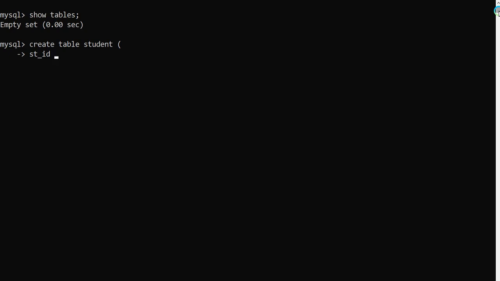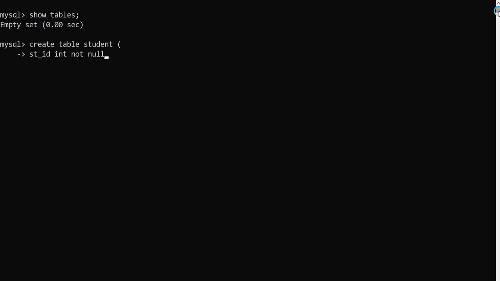If the column name contains two words, you have to use an underscore. You do not need to use a space. Space is an error, so we have to use underscore here. And then after the column name, we give one space, then write the data type int, and then if we want this field to not contain a blank value, we have to write not null. Not null, it is not compulsory to write in capital letters, you can also write in small letters, but not null are two words, and both words we have to write separately, not space null.